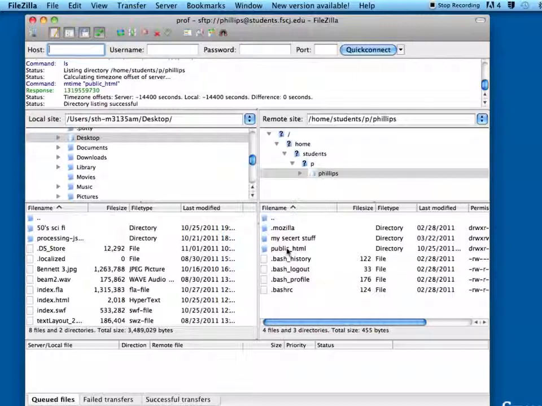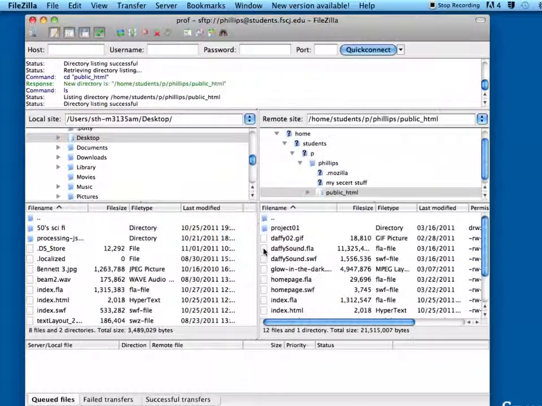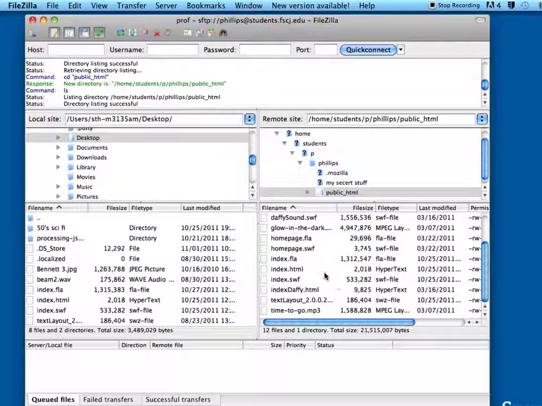So the magic here is that if we want the world to see this, they have to look under the public.html. So I'm going to double click there. Now I have a lot of crap in mine, or old files, because of a lot of different classes and stuff. But the important one is that you should have the index.html,